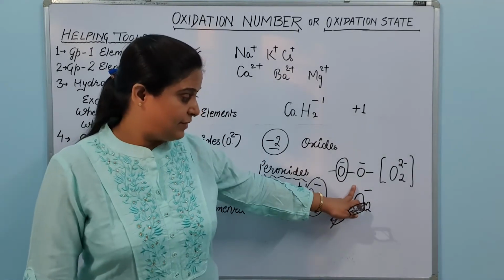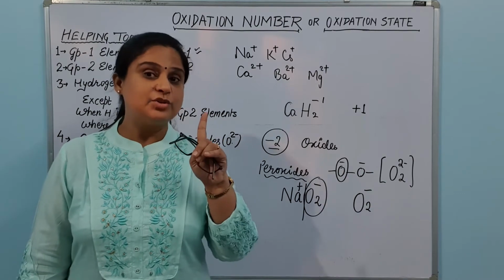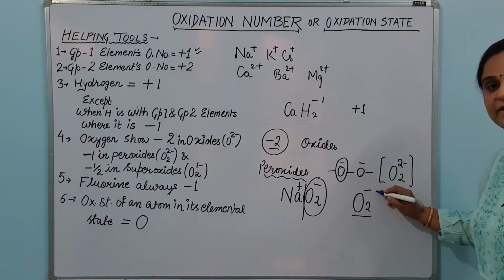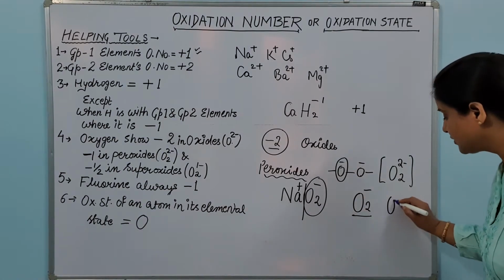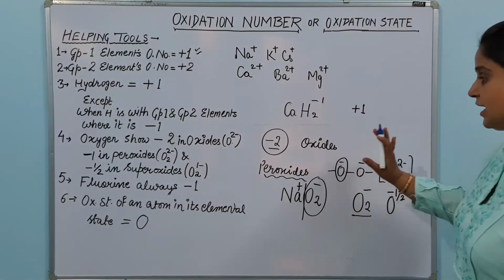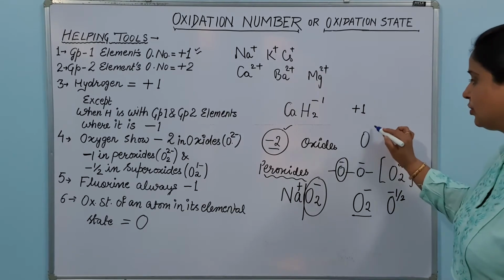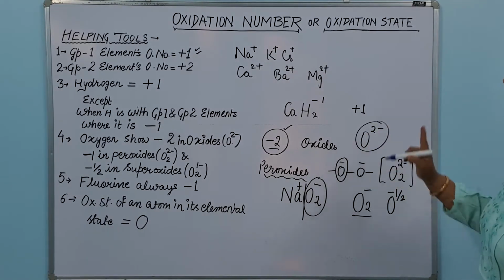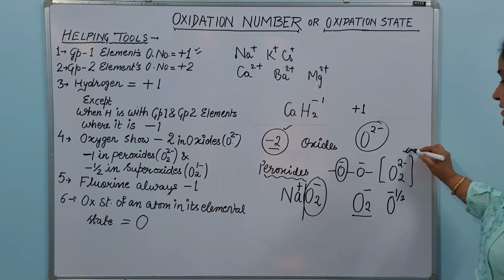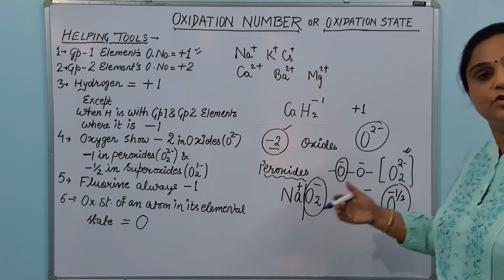Oxygen has 1 minus on O2, two atoms of oxygen have 1 minus between them. So how much charge is there on one atom? I can see that if two atoms of oxygen are having 1 minus, then one atom of oxygen will be having -half. Is it okay? So there are three conditions for oxygen. Oxygen having -2 charge, that is the O2- ion. This is the charge of one oxygen. Or it is having O2 2-, that is peroxide, and it may be having O2 -, that is -half per oxygen, that is superoxide.